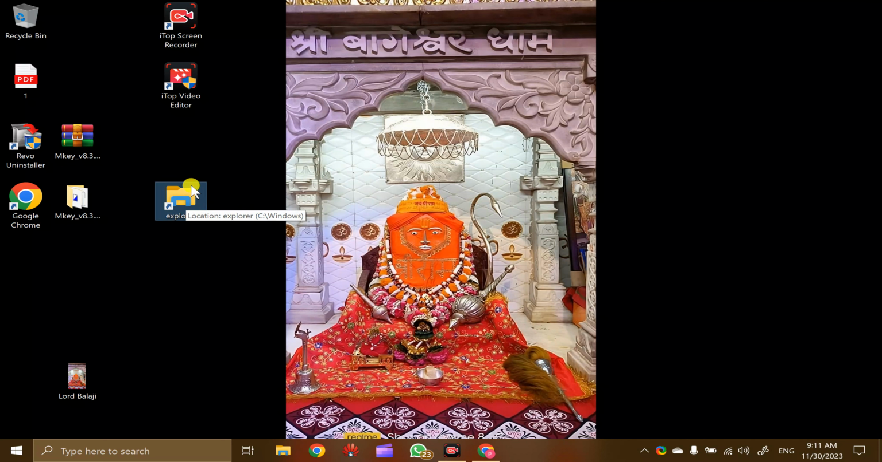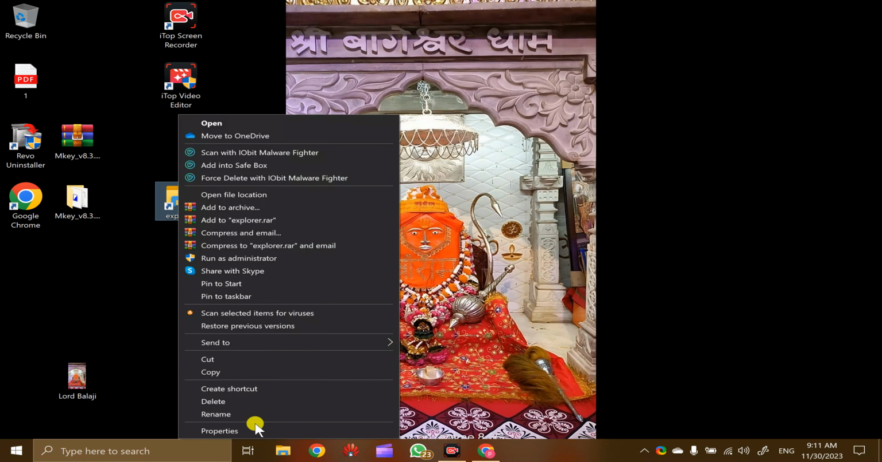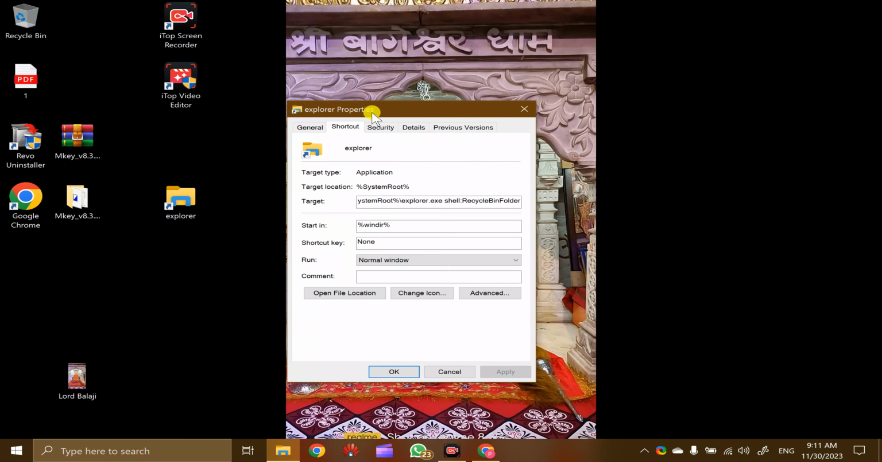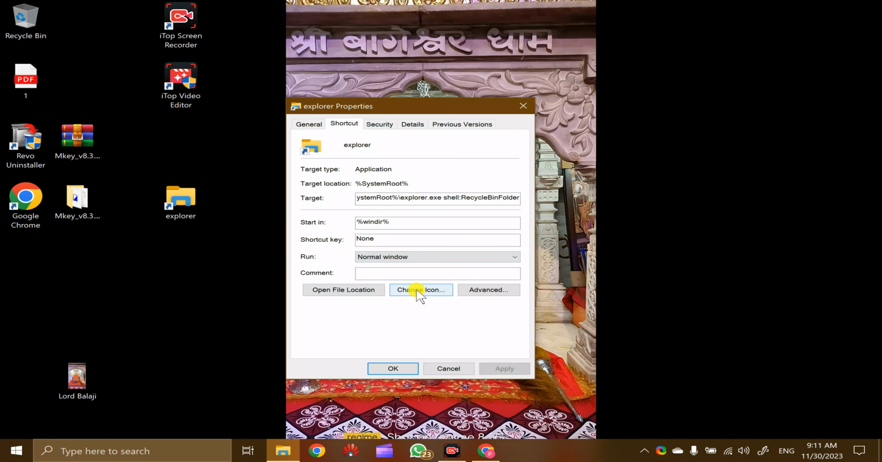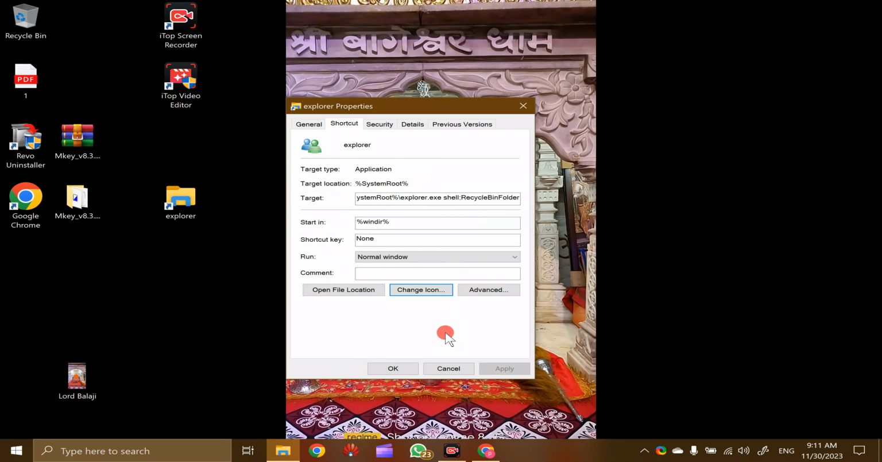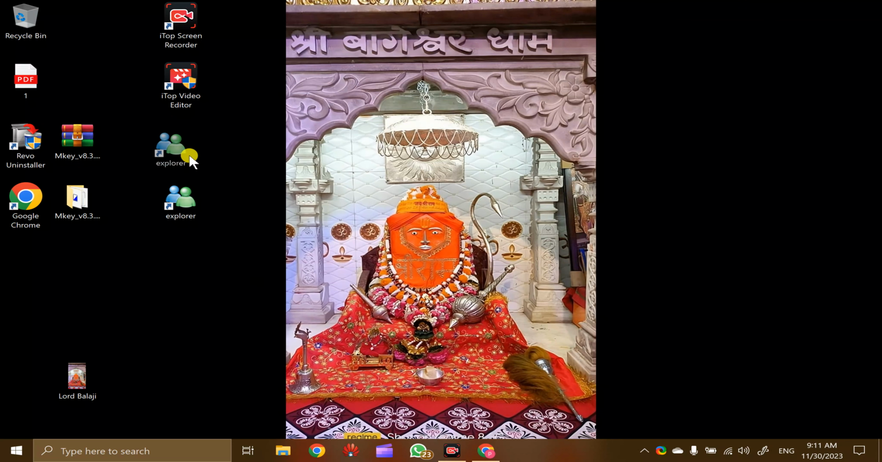In case you want to change this icon, right click on it, select the Properties option, and then switch to the Shortcut tab, and then click on the Change Icon button, and here you can see several types of icons. You can select any according to your wish. Suppose I like this image, I just select it, then click on the OK button, click on Apply, click on OK. This will change